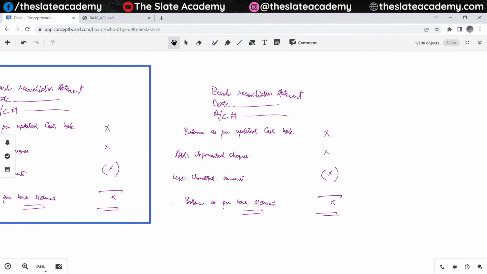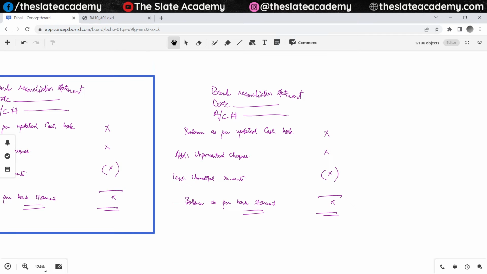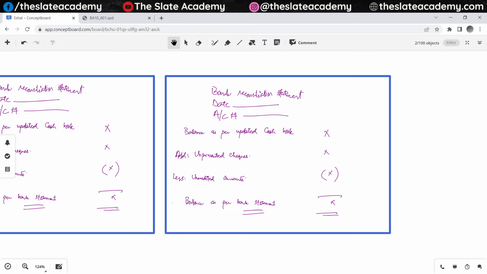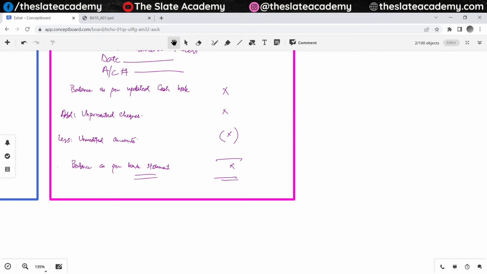Another mystery box. Let's give it a different color. For this one, what we'll do is we'll start with balance as per bank statement. Okay. So if we start with balance as per bank statement,